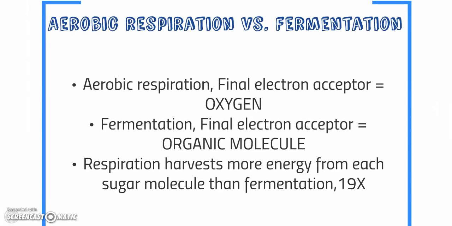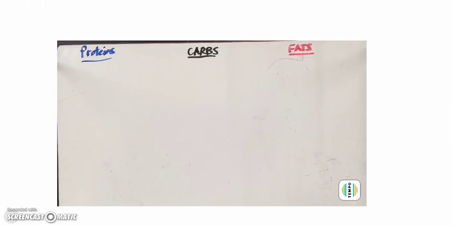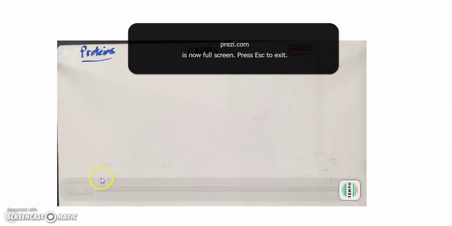Anaerobic respiration versus fermentation. The final electron acceptor in aerobic respiration is oxygen. In fermentation, the final electron acceptor is going to be an organic molecule. And respiration harvests way more energy from each sugar molecule than fermentation, which is 19 times more. So basically right here, going back to oxygen,